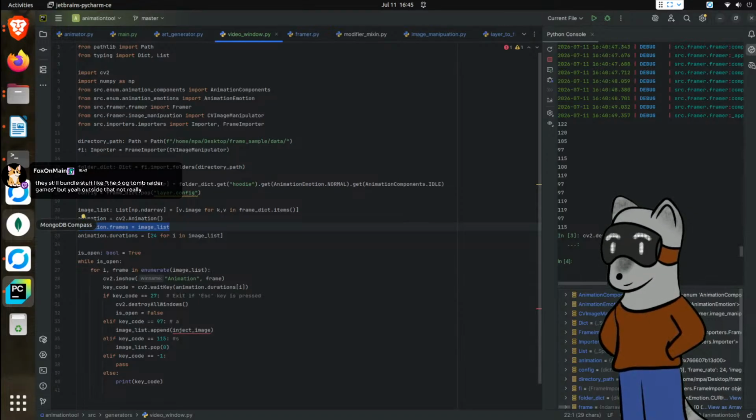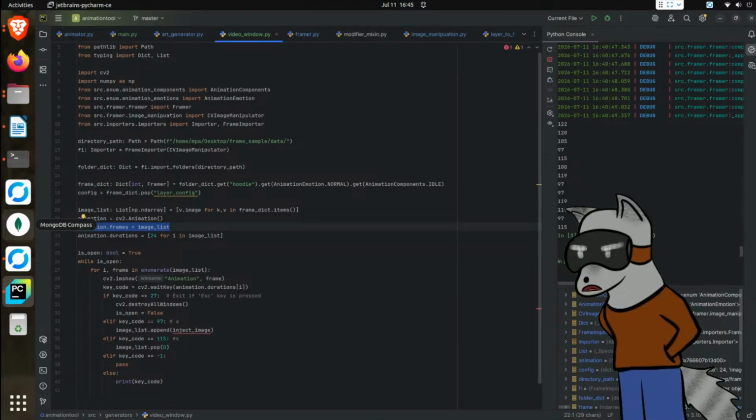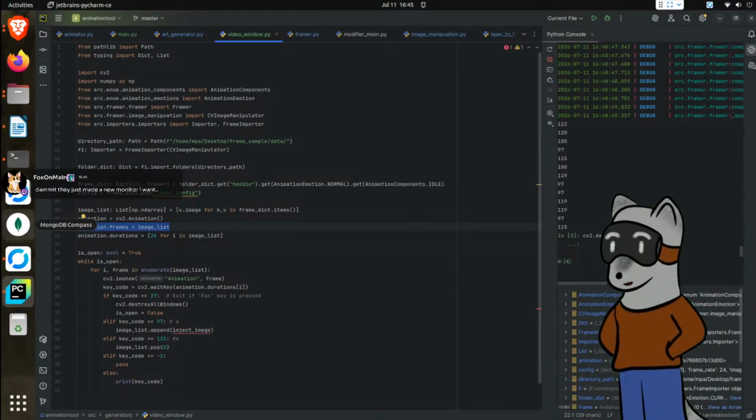I'm assuming that this is not a copy, this is a reference. So we're pointing to image list. So hopefully that means that if I modify image list, then as we are showing our animations, then we can,